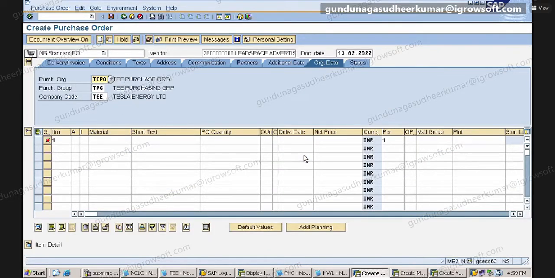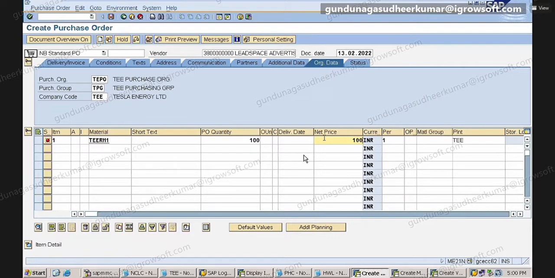Okay. Now, item number 1. Material. What is the material here? TEE raw material 1. Okay. Quantity, how many kgs? 100 kgs. Plant. Which plant is this? T. Right. Price. What is the price? 100 rupees.